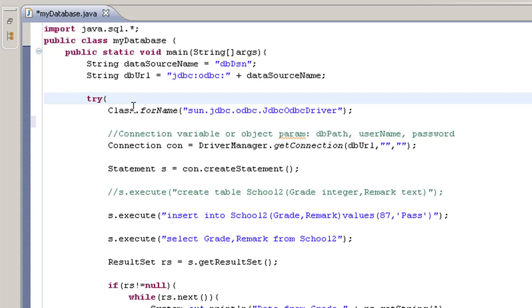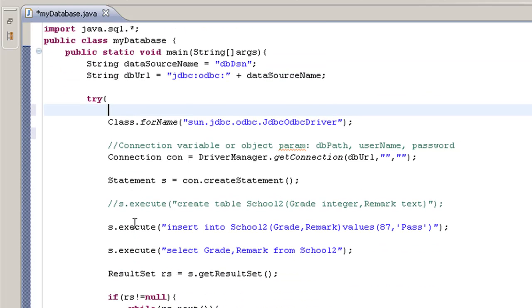Okay, execute insert. The only thing that we will change here is the data source name. So the data source name for our MySQL DSN is, not db, test SQL db.